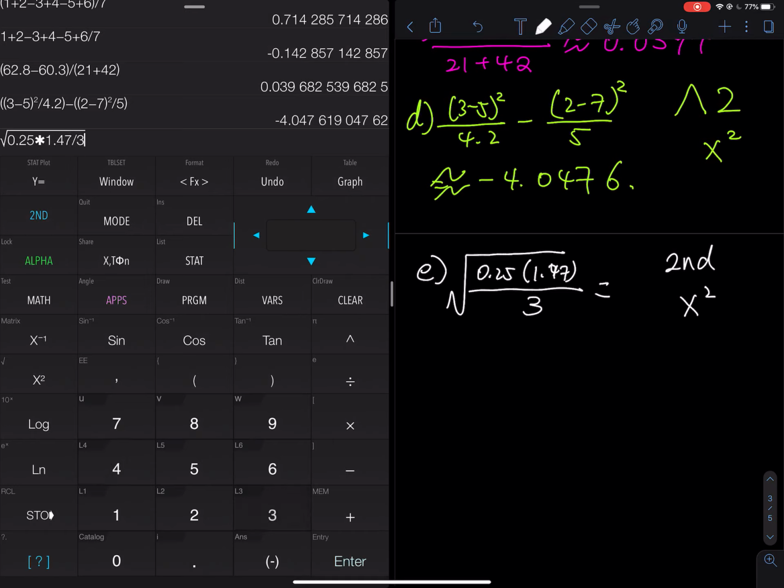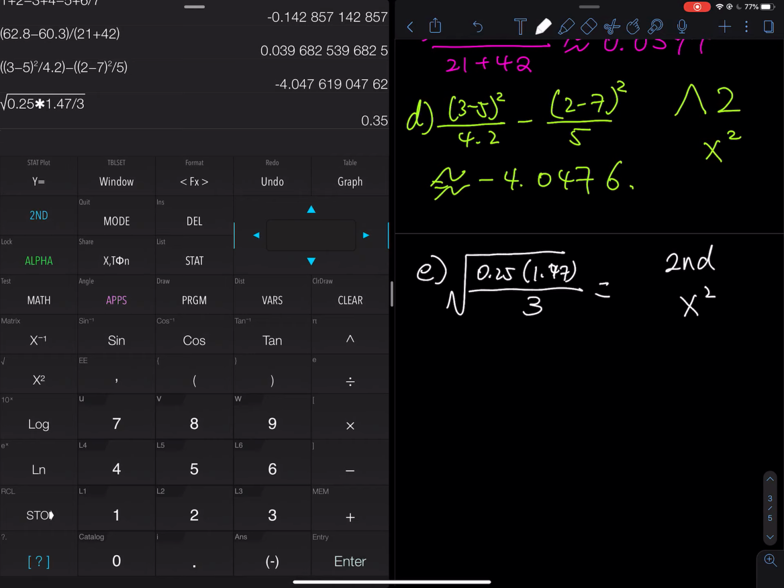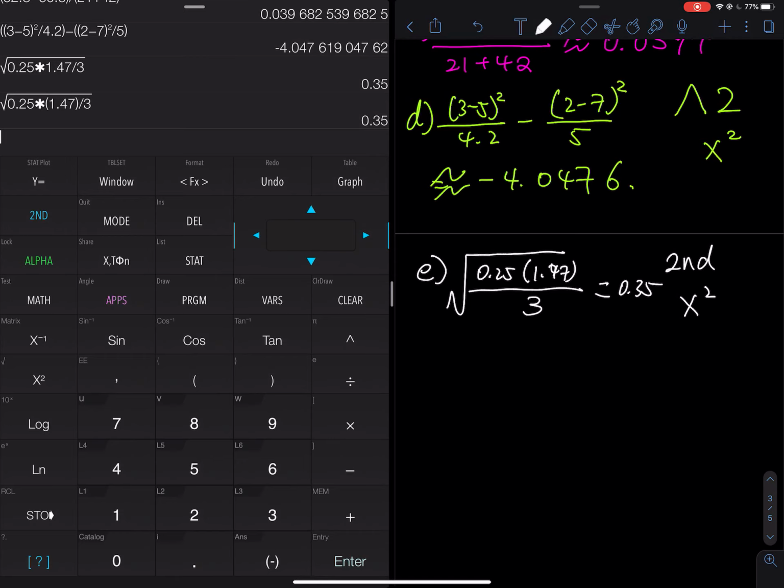How come I didn't use parentheses? Because according to the order of operations, they will just go from left to right, multiply first and then divide. You don't need parentheses in this case. If you use parentheses, that doesn't change anything. So that equals 0.35. Let's use parentheses. So second x squared, you have 0.25 times 1.47, and then divided by 3. That doesn't change anything. All right, and then part F,